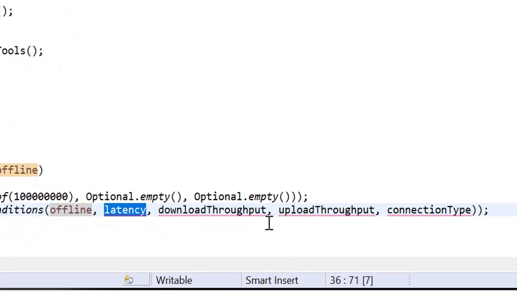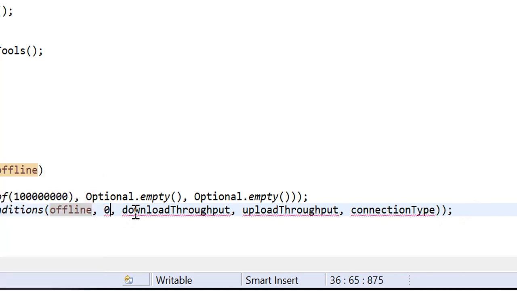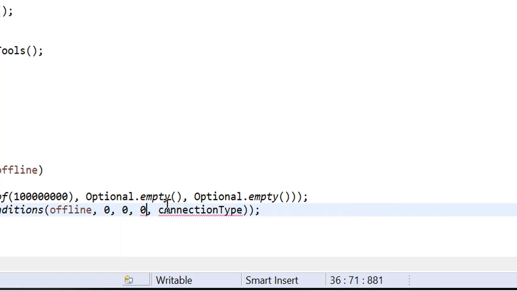Latency I am keeping 0, I'm not going to put anything. Download throughput 0, upload throughput, everything I'm keeping 0 right now.